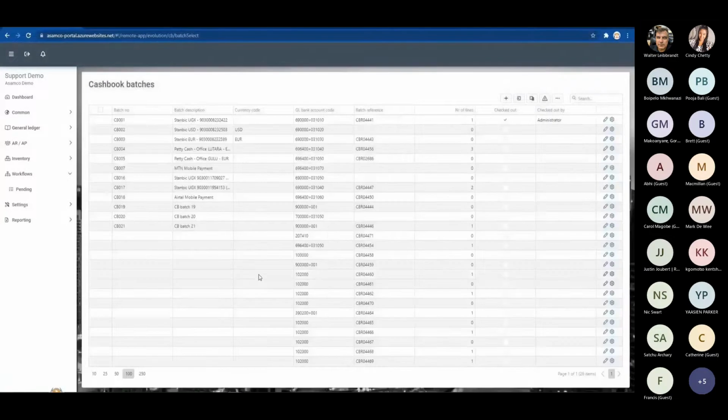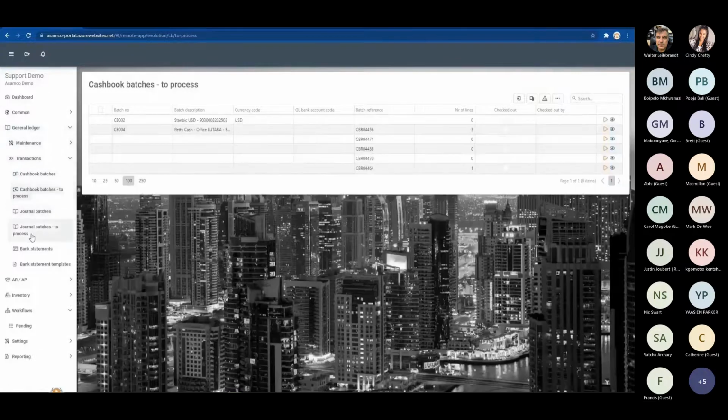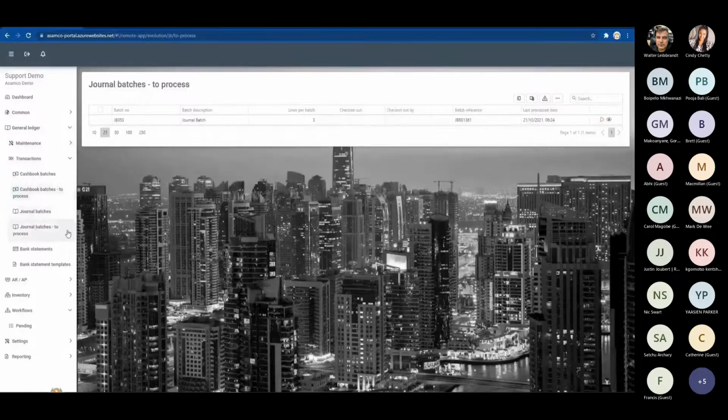To process this cashbook or journal batch, click on General Ledger in the left menu. Next, click on Transactions and then click on the Cashbook Batches to process. You will also see the Journal Batches to process in the same menu. In the Journal Batches to Process Overview screen, you will find all your approved and submitted journal batches that can